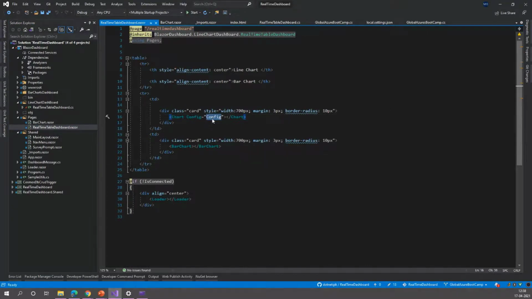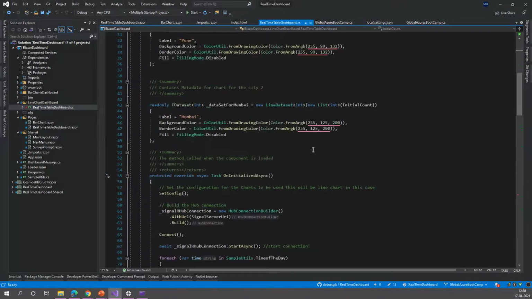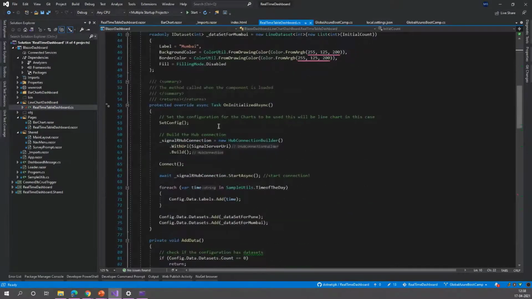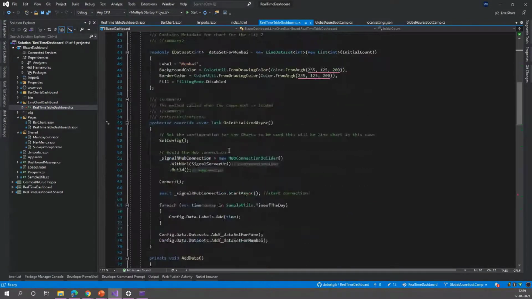we need to set some config over here. So the first step would be that. If you see into this demo or into this code, it is OnInitializedAsync. This is the page load, or ngOnInit that we can use in Angular.